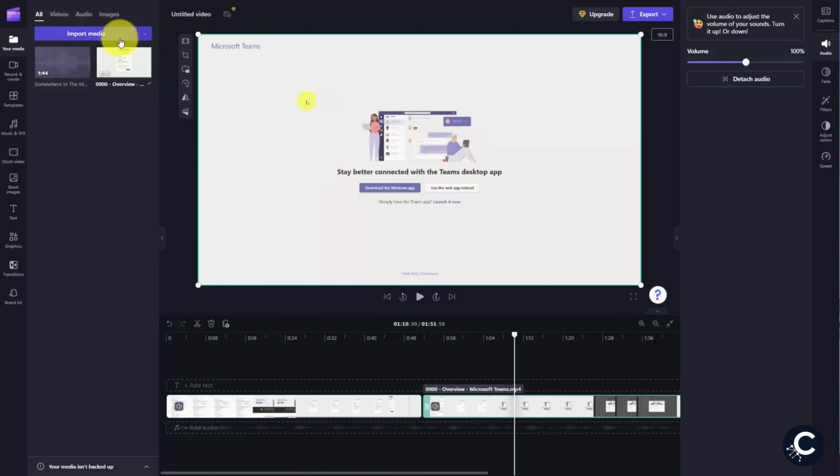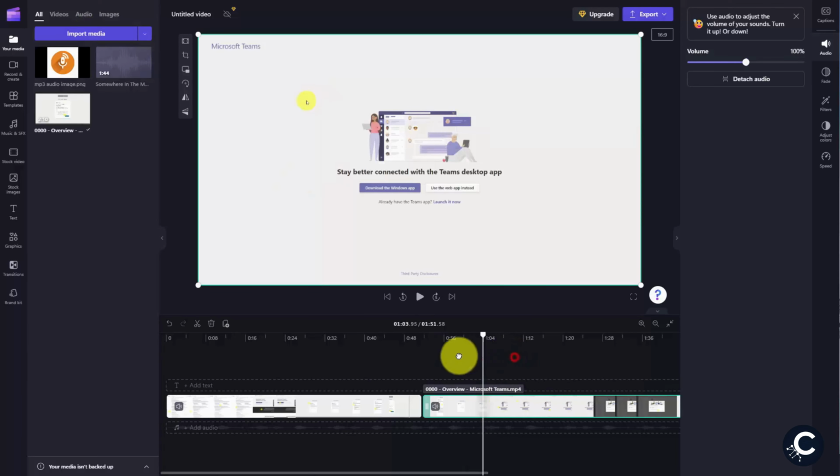We can click the Import Media button and we can bring images into our Microsoft Clipchamp. We can decide where we want the element to appear. For example,